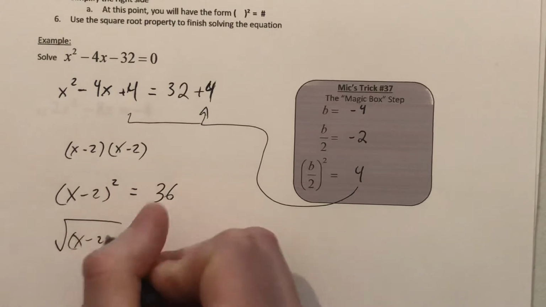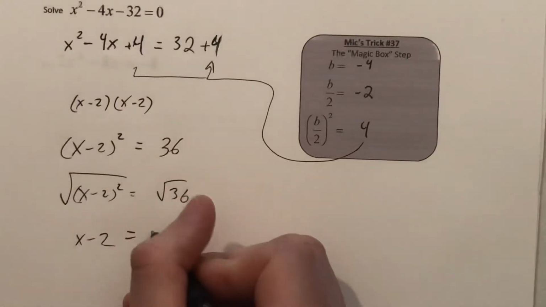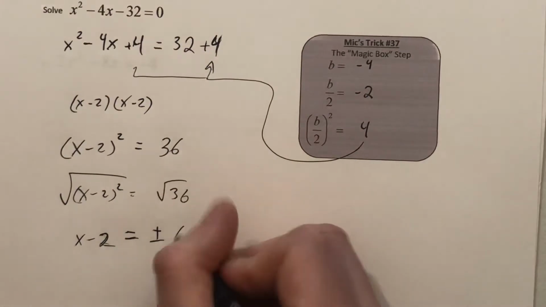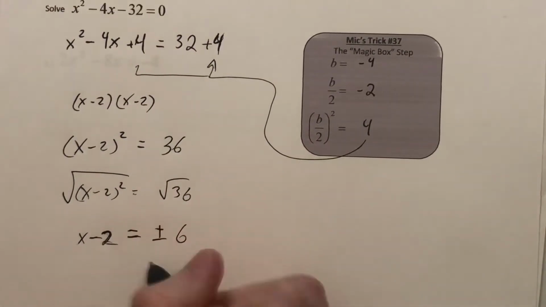Square root of the left side equals square root of the right side. Square root of the square leaves us with what's inside. Don't forget our plus or minus here. And then the square root of 36 is just 6. And so, move the 2